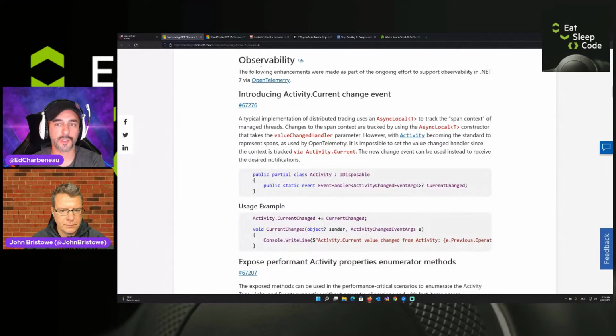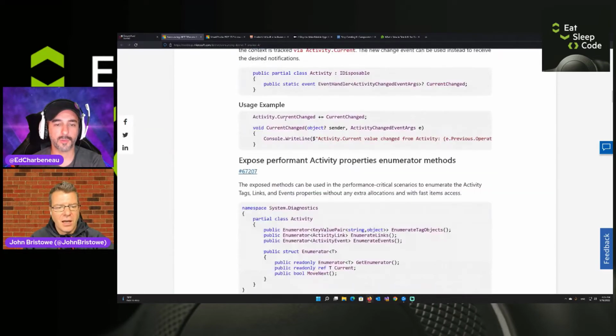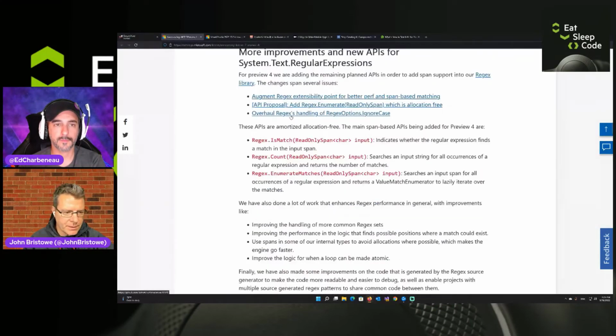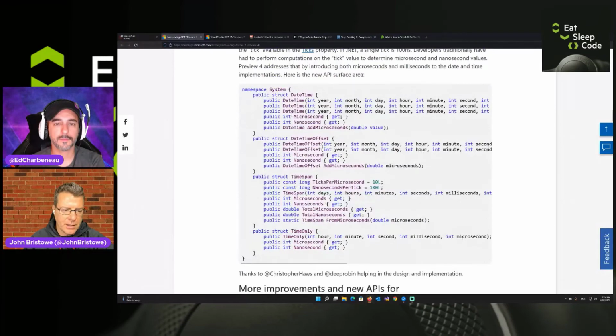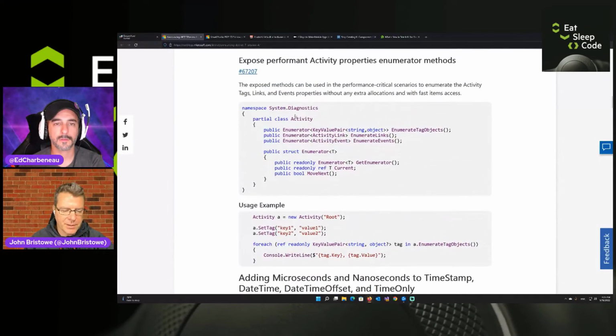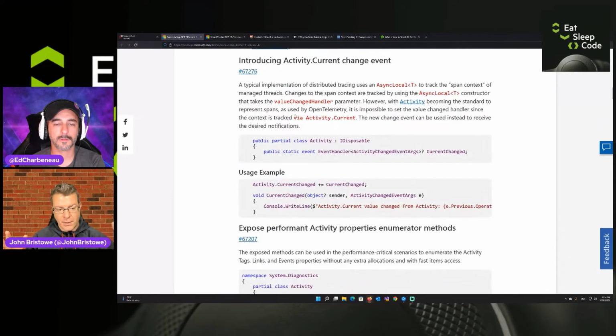Observability. This is something that people are looking for in a lot of their apps. This looks like it's coming from OpenTelemetry though, so we're getting observable collections from OpenTelemetry. Yeah, so OpenTelemetry is awesome. We're actually big fans of it. It's becoming, it's not an industry standard, but it's a widely adopted way